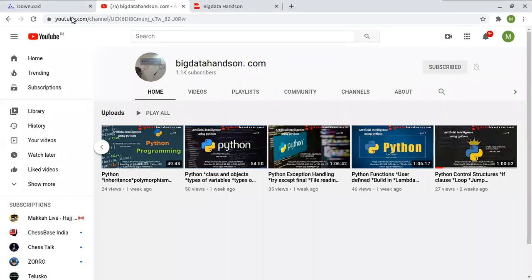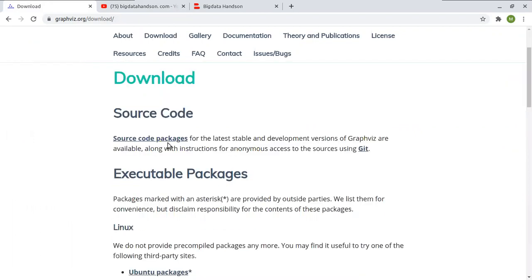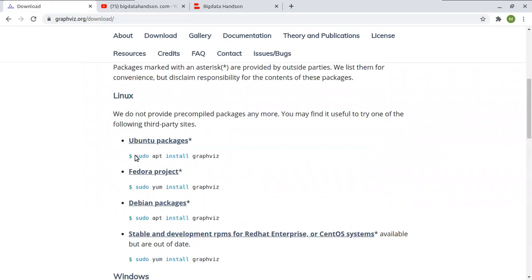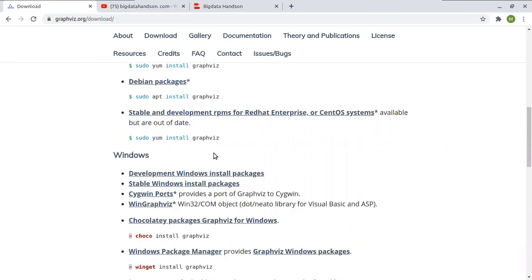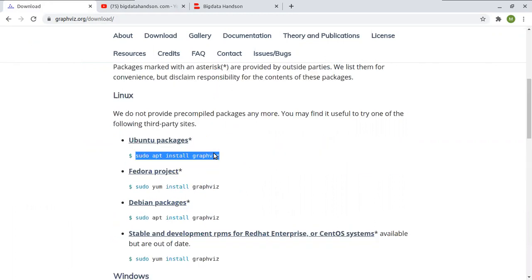For that, you need to have software installed, that is GraphViz. You can download it from graphviz.org/download. In the options you can select Linux, where you simply use the command sudo apt install graphviz, or for Windows we have release installation packages. For Mac also we have.